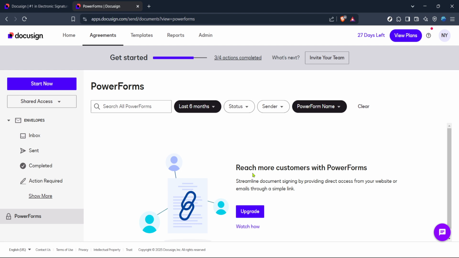And there you have it. With these steps, you've now successfully initiated the creation of a Powerform within Docusign. Once you've set up your form to suit your specific needs, share it with your intended recipients and they can fill it out at their convenience. Powerforms streamline the signing process and efficiently manage recurring documentation needs. Don't forget to explore other features within Docusign that can further enhance your document management